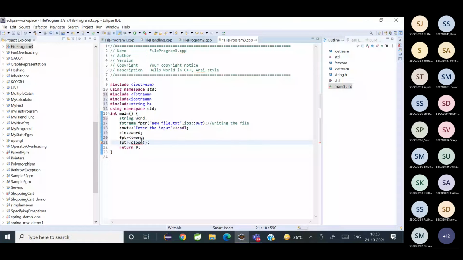Okay, and here I can say file is created.